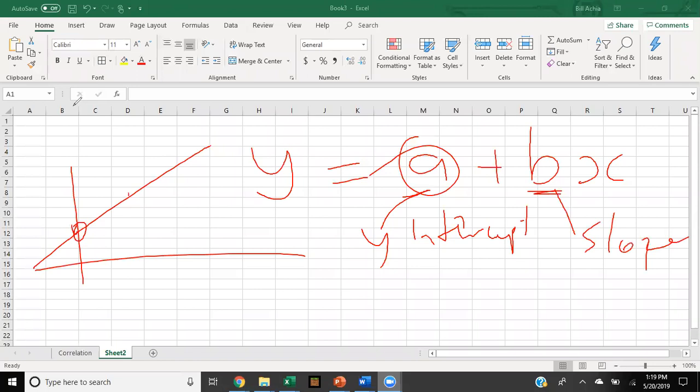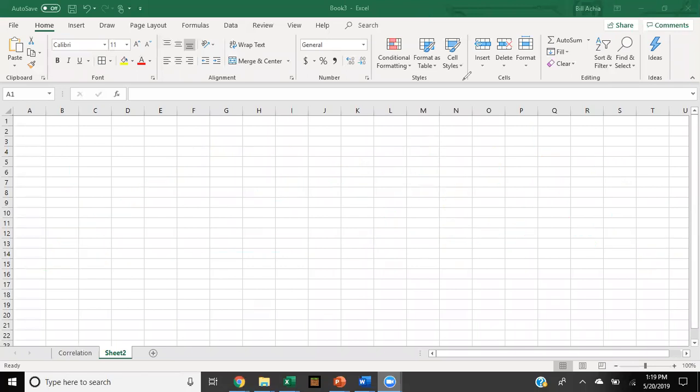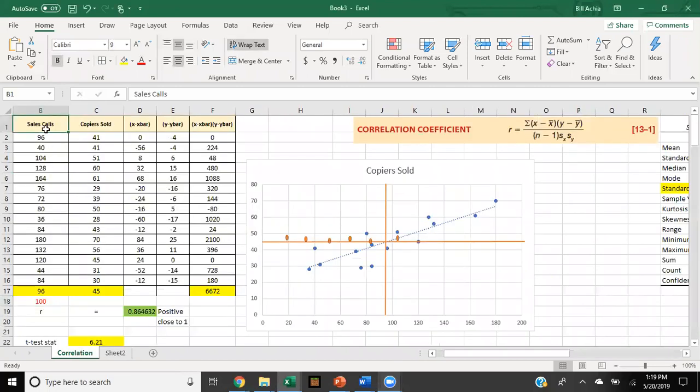You can take any two data points on your line and try and figure out the difference between the two y values divided by the two x values, and you'll come up with a slope, a value for the slope. Okay. So with that basic example, let's try and work through an example and try and come up with an actual regression. So I'm going to take the same example we had here, take this data,